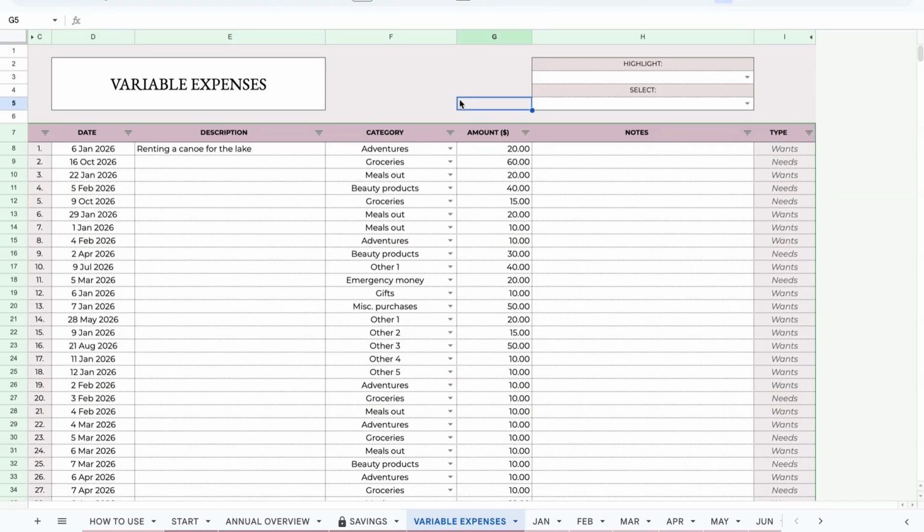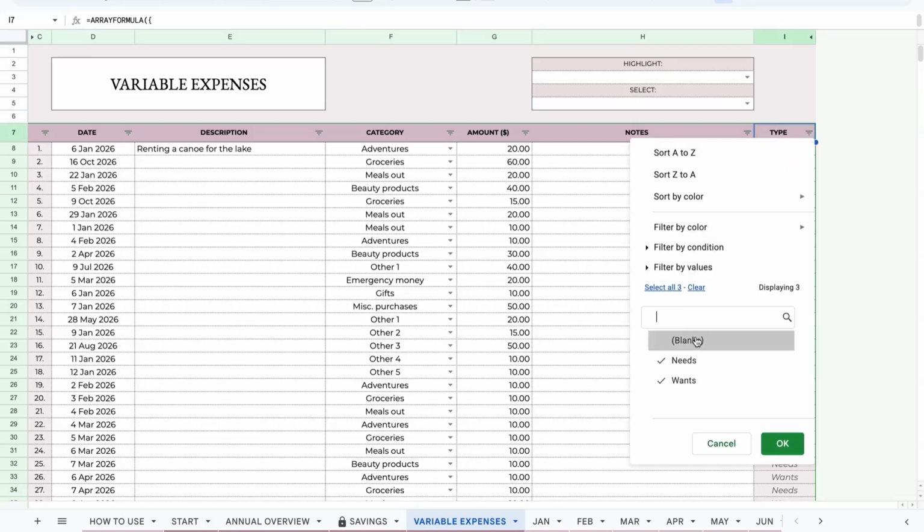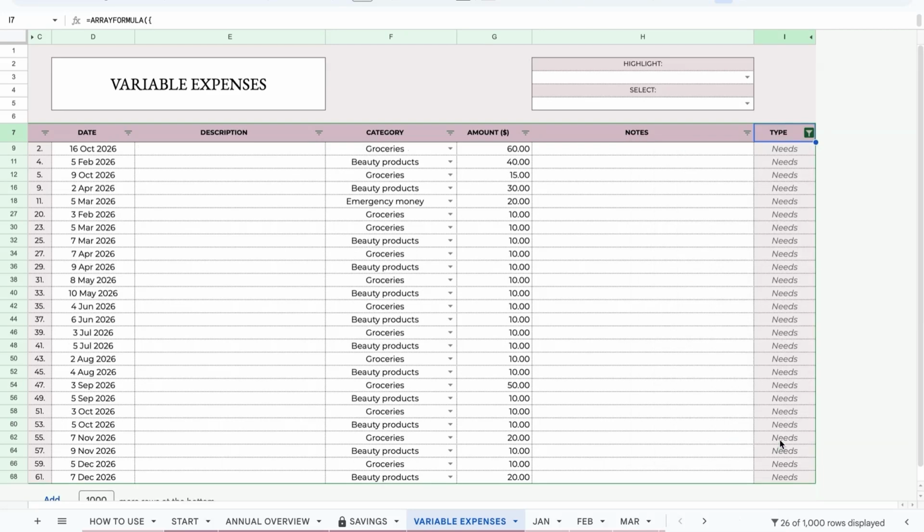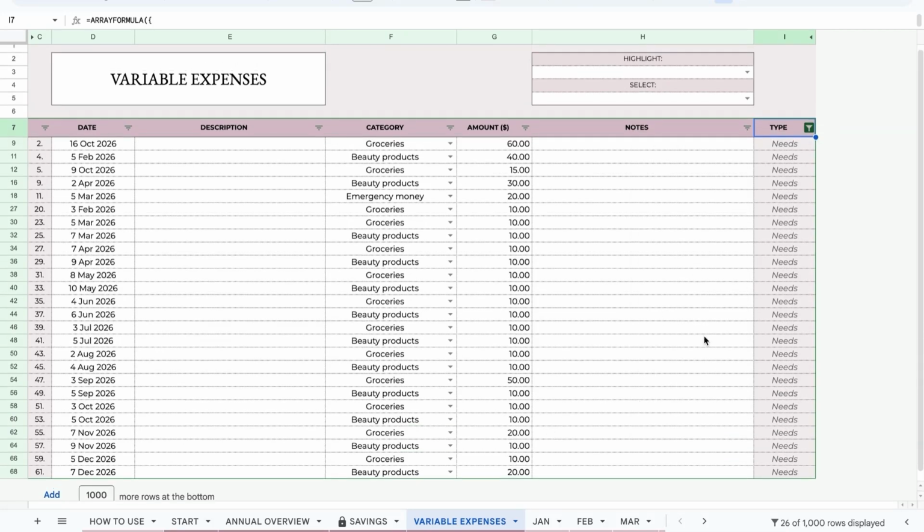The last thing that I want to note about this tab is that there is a filter on any of the transactions, which means that you can sort or filter any of the transactions, such as by amount, whether they're a want or need, the category, or the date. So for example, if I wanted to see only the needs, I could select these 3 lines here and then uncheck the options that are not needs,